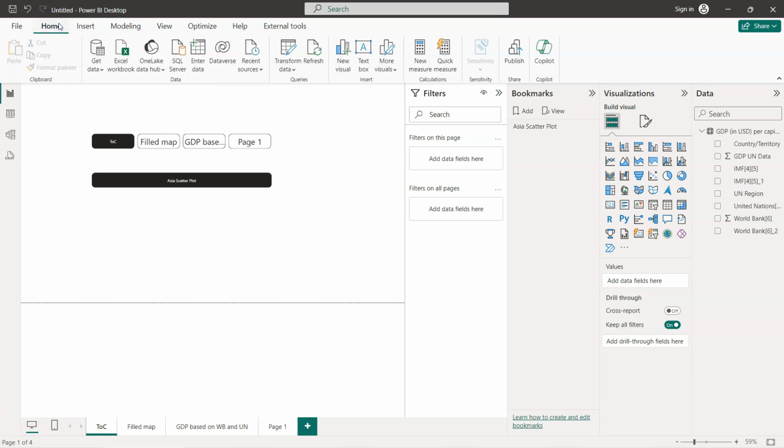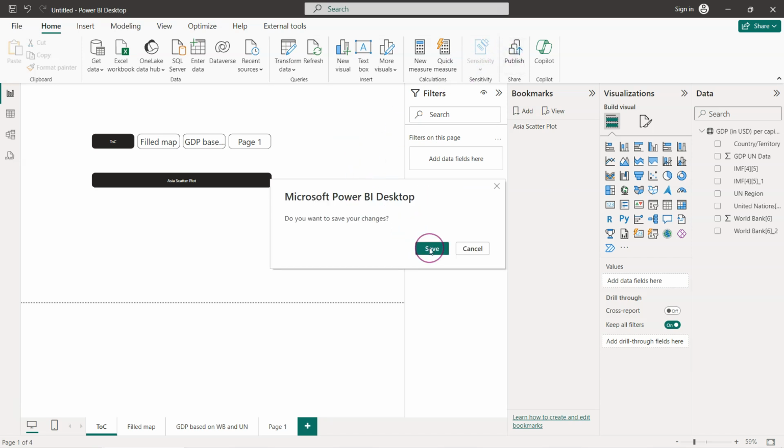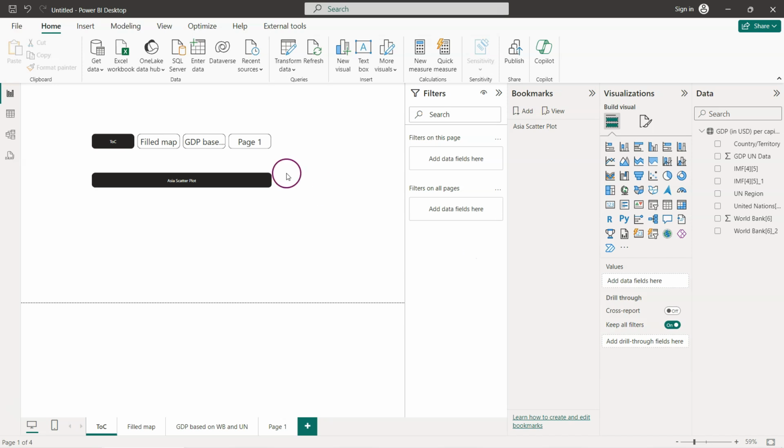So if you have a corporate account or if you have a school account, you can choose option publish, and that would come with your university or your corporate account, but that will require immediately that you provide your email address. If you don't have it, if you just started to learn Power BI, you can just save this file